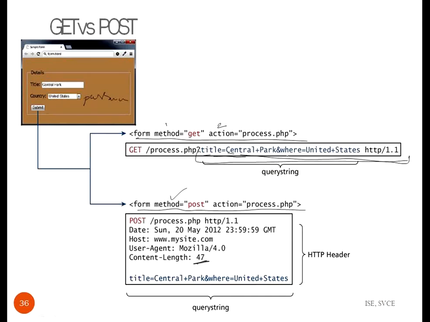There is a limitation with respect to content length. If it is a very big form containing lots of fields, just imagine what the size of this query string is. There is a limitation on the number of characters that can be present in the query string.